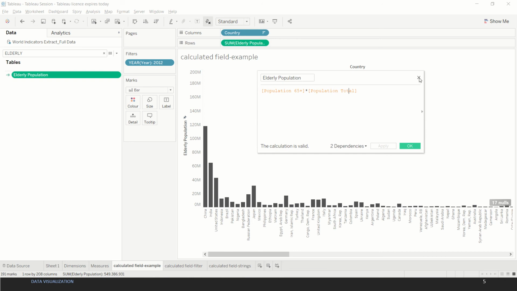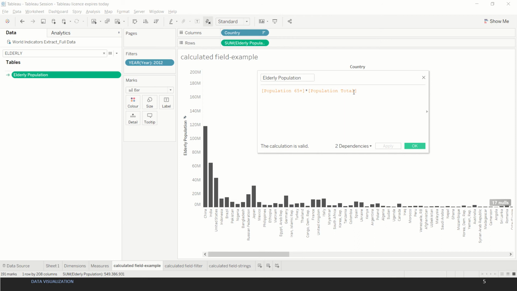Once you create a calculated field and if it's correct, you will see that Tableau gives you a go ahead that the calculation is valid. In case there is an error, for instance, if I get rid of the square bracket, it shows that the calculation contains an error. If you click on that, you get the error, like column name missing the closing square bracket. So once I put that square bracket, the calculation again becomes valid.